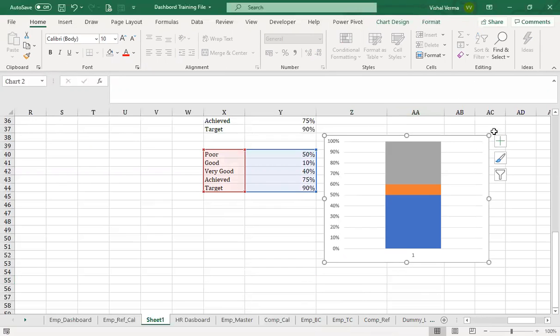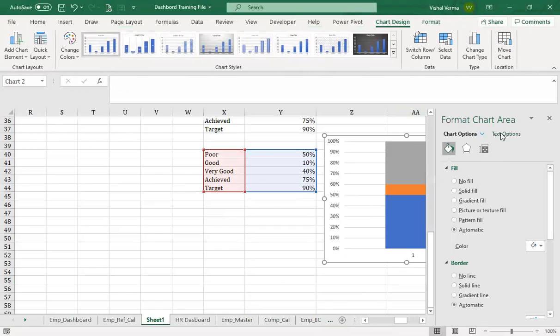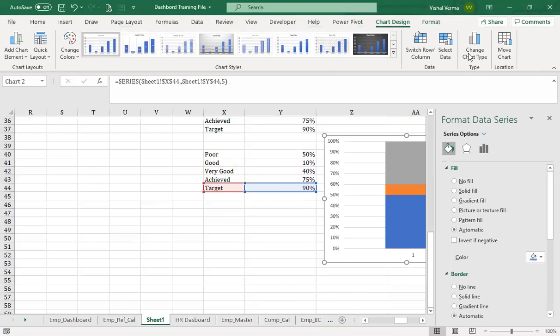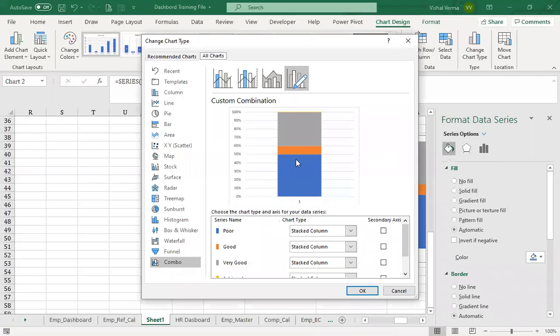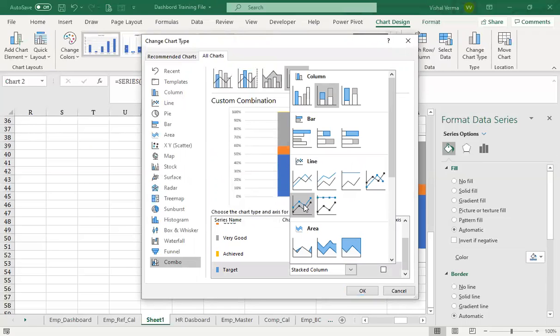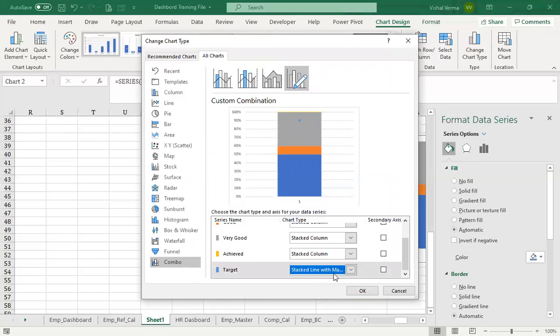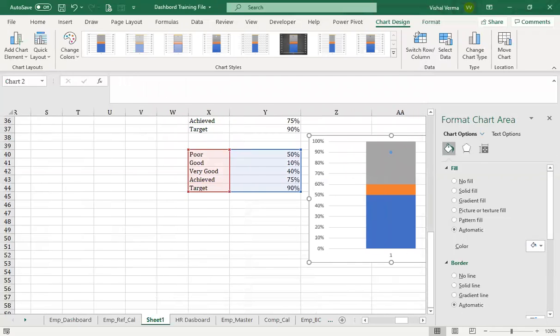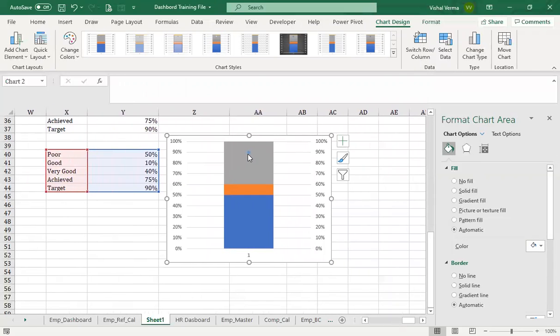What we'll do is double click, and select the series data related to target, and go to the chart type, combo chart. For the target we will select stacked line with marker, and make it a secondary axis. Once we make it a secondary axis, we will find this.